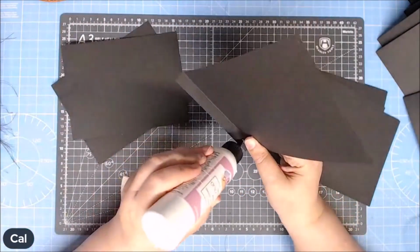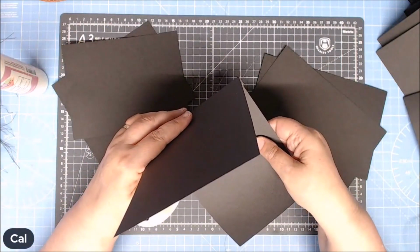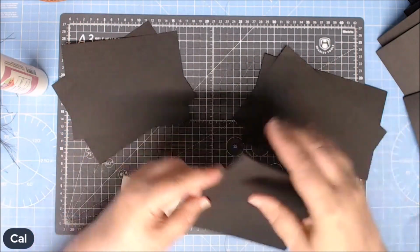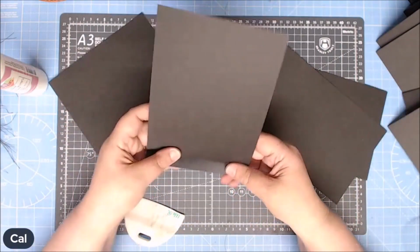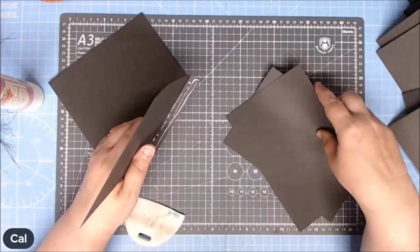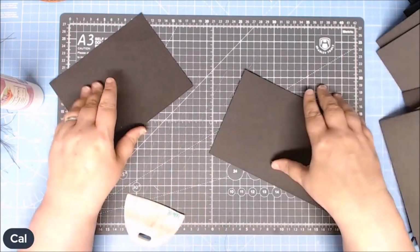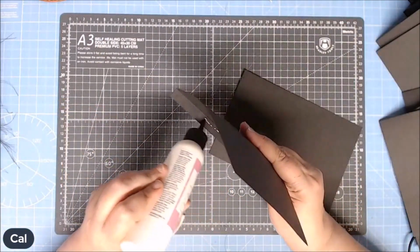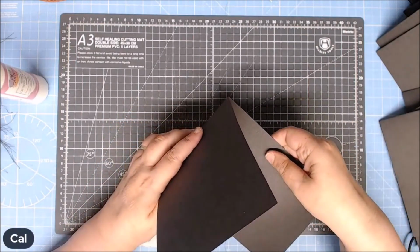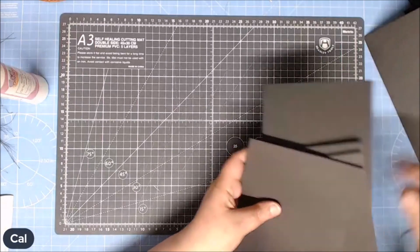Same again. Glue on that photo mat, pop that inside there. Line it up. There we go. Final one. There we go. Okay, so if I just grab my base pages,